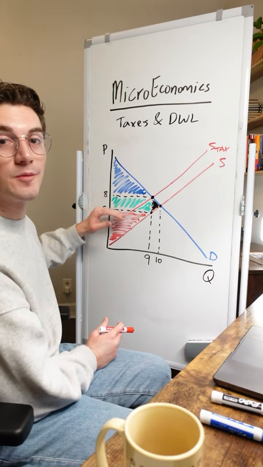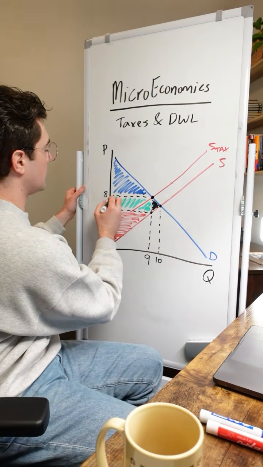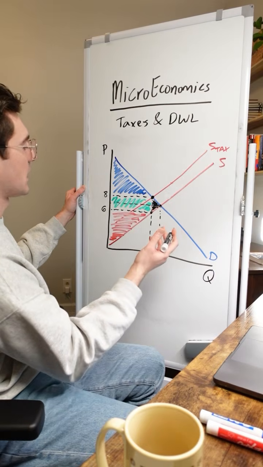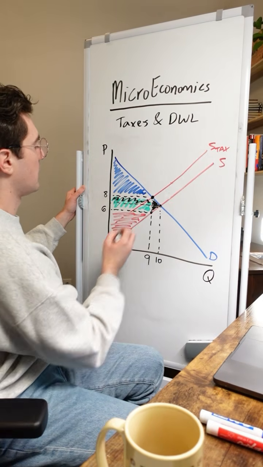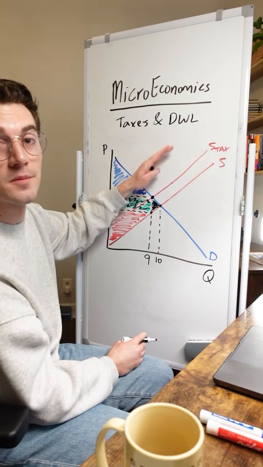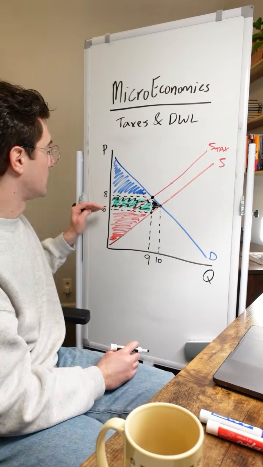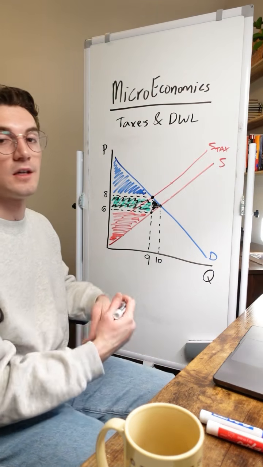Now, talking about consumer producer surplus brings up a good point of tax burden. Currently in this market, consumers and producers are splitting this tax evenly. 50% here is being paid by consumers, and 50% here is being paid by producers. Doesn't matter that the supply curve is the only one that's shifting. We gotta compare to the old equilibrium price to see whether consumers or producers are incurring the majority burden of